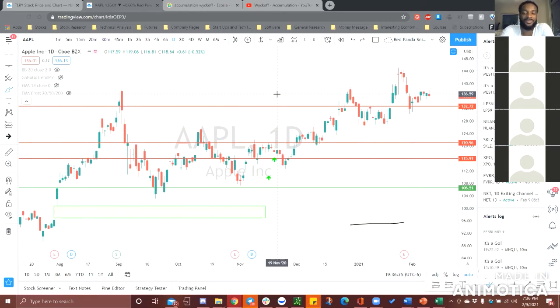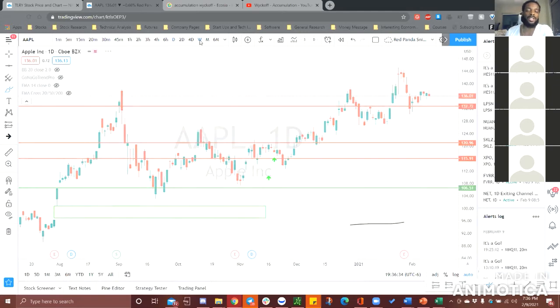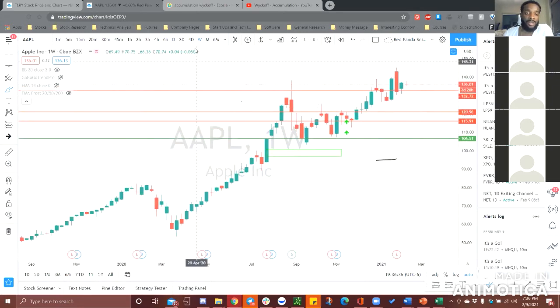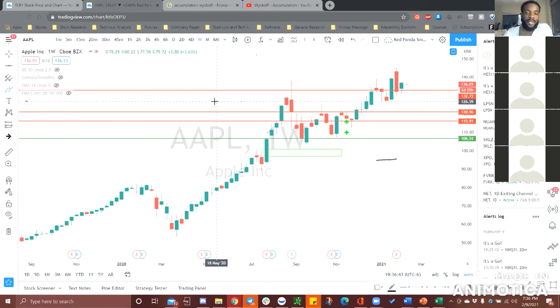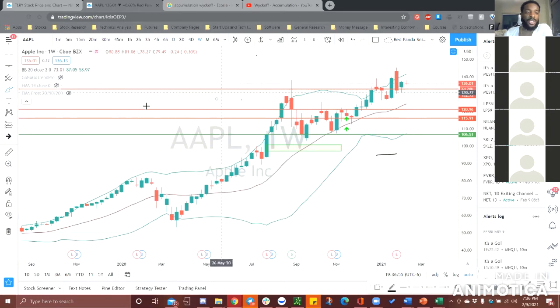This is too much. Yeah, you gotta have a little bit more confluences for puts. Like if I'm doing a put, first of all, I'm looking at the weekly. Now this is where I do use indicators. I actually do use indicators here because I actually want to make sure that. Oh shit. Wait, do I gotta add? I want a few things to match up, like when I'm using